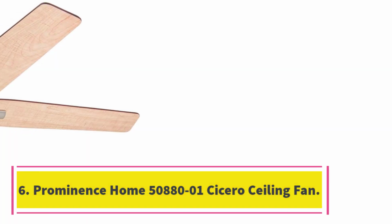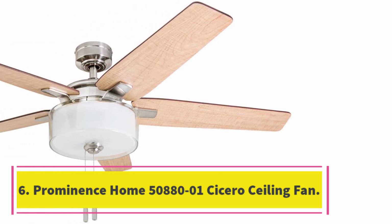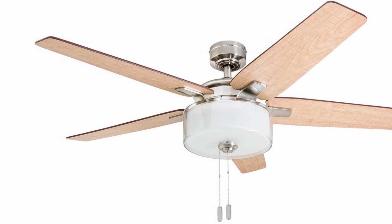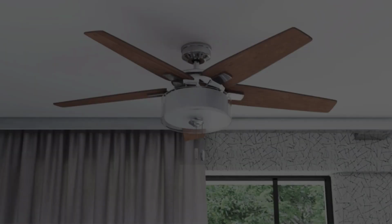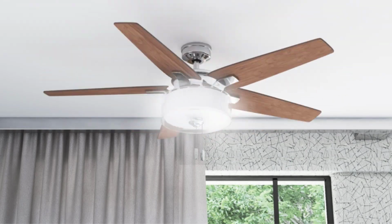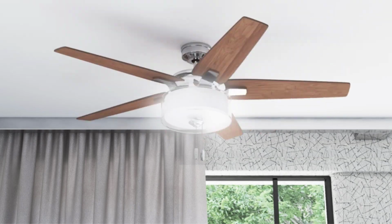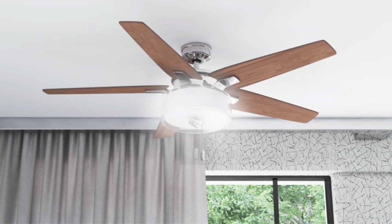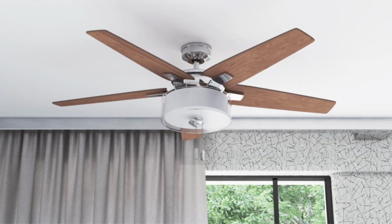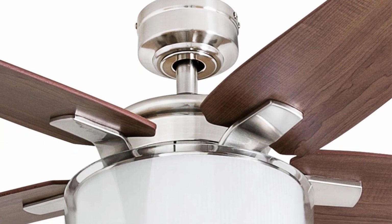Number 6. Prominence Home 50880 Cicero Ceiling Fan. Elevate your space with the Prominence Home Cicero Ceiling Fan, featuring a brushed nickel body and modern fan blades. This fan is perfect for modernizing living spaces such as dens, bedrooms, dining rooms, kitchens, and sitting areas. It comes with a fully integrated LED globe light fixture that is dimmable and can light up your favorite spaces. With a reversible, 3-speed motor,